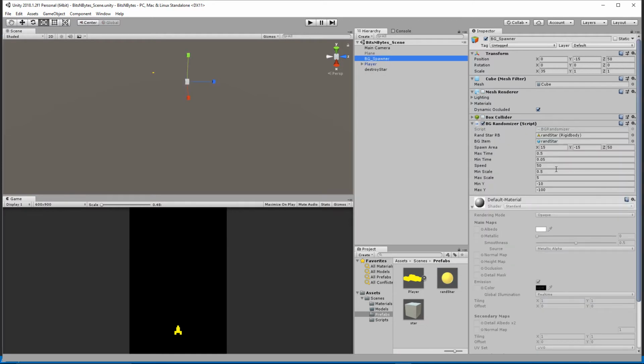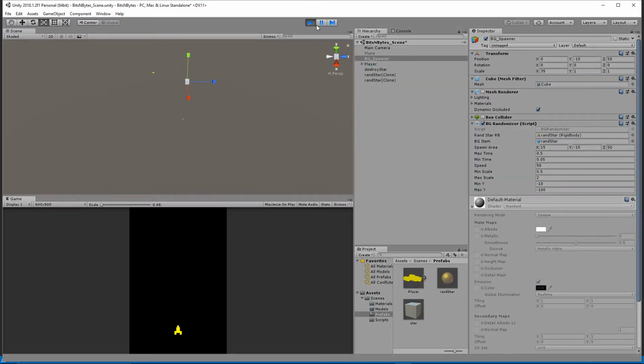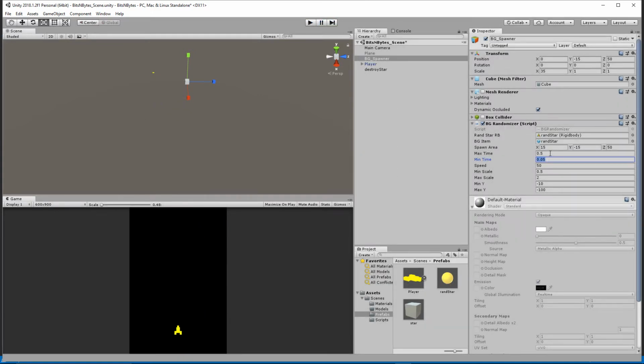Okay, BG spawner scale, max scale 2. Min time 0.05, max time 0.25, min time 0.01. And now